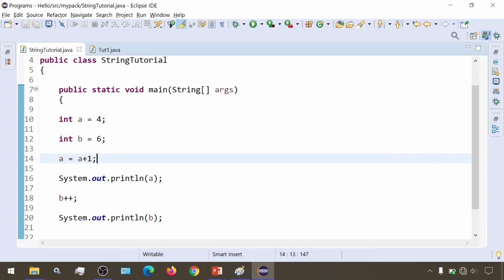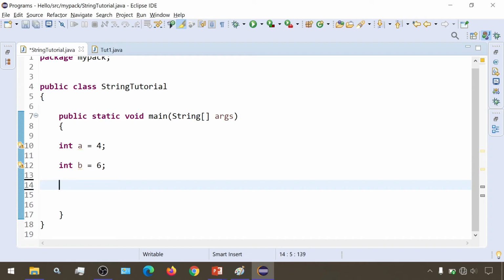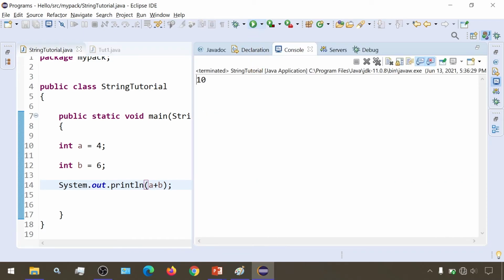Suppose now we have these two variables A and B. If I just perform A plus B and print this, we are getting 10 as our resultant answer. But what is the data type of this value 10? We are getting this 10, but it needs to have some data type.